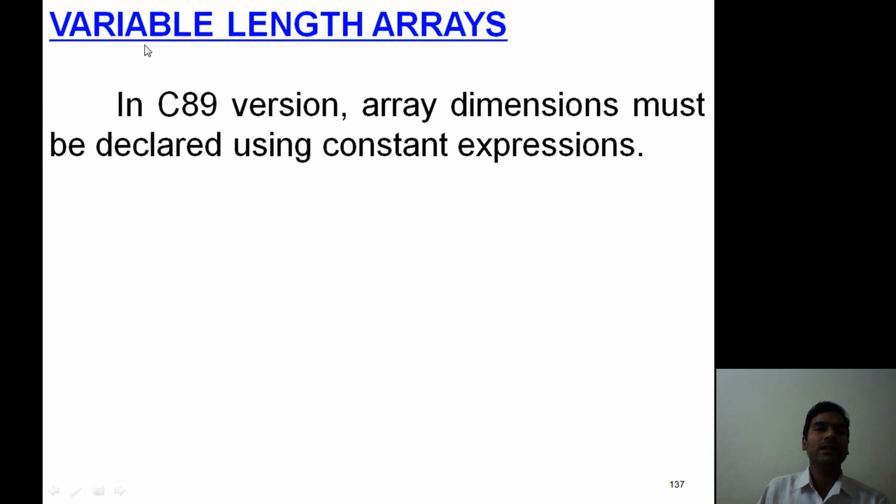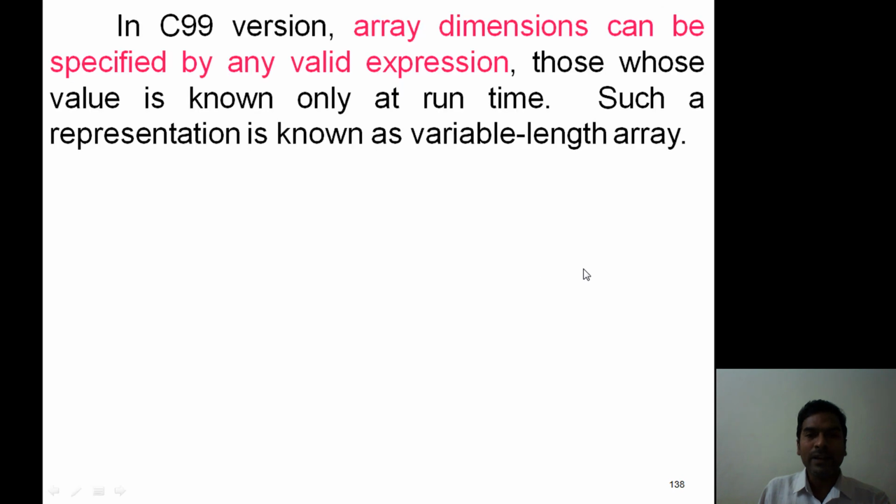The last one, a simple concept, variable length arrays. Listen students, in previous versions of C language, array dimension must be represented in terms of a constant representation like x[10], x[100], x[1000] and so on. But in later versions, array dimension can be represented with any valid expressions.